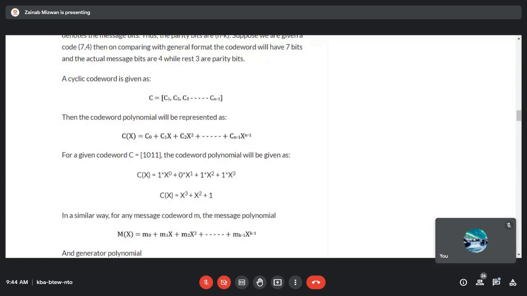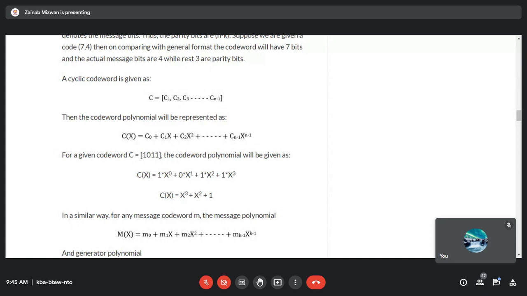If n equals 7 over here, then what will be your code word polynomial? The code word polynomial will be c0 plus c1x plus c2x square plus c3x cube plus c4x raised to 4 plus c5x raised to 5 plus up to cn minus 1. Now n minus 1 means 7 minus 1, it means c6 x raised to 6. Okay, so the code word polynomial c of x equals c0